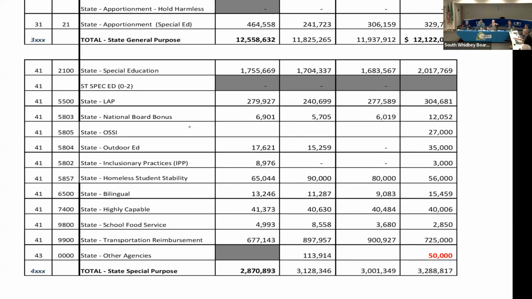School food service, we get a little bit of money from the state, about $3,000 roughly as a reimbursement. It's very small. Looking at transportation reimbursement, this is the money for the operation of the transportation department. This is one that's hard to calculate. We're going to a single bus run, which means we're going to cut our mileage in half. And the way it's calculated, it's based on the number of miles you drive, the number of students that are on the bus, all those variables, but it's a program that was created, I think, in 1772, and nobody can tell you how it works.